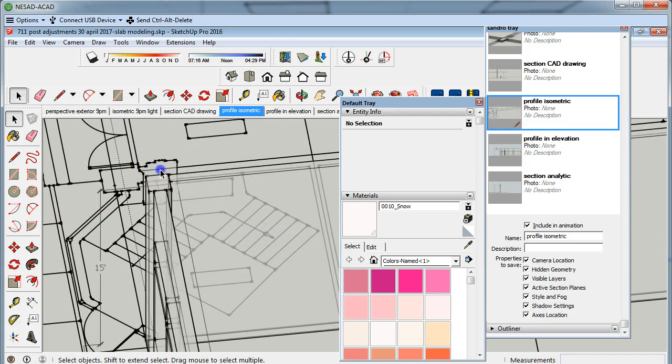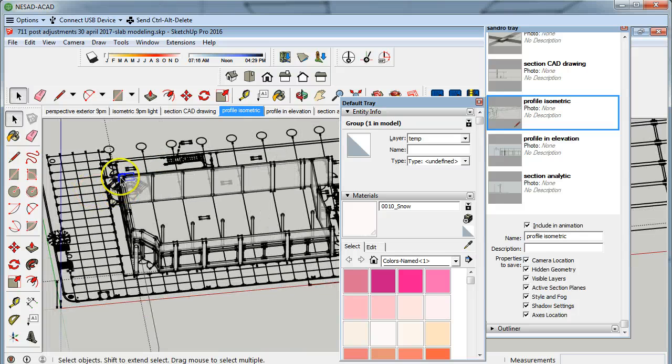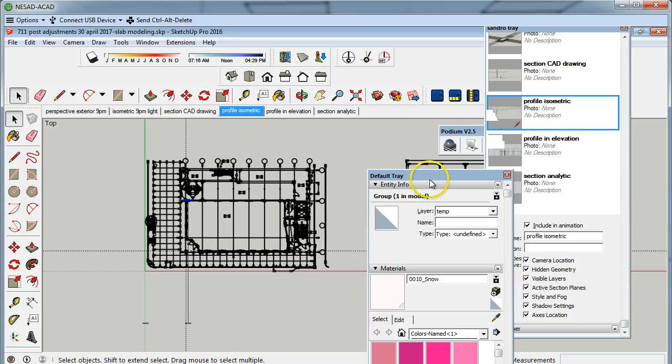But I've made it a group and correctly located it at the end of the building on this side at Boylston Street. And I want to extrude it using the Follow Me tool in the shape of an L in this direction, down Boylston, and then across Exeter in that direction. So in order to draw that path, how can I do it? One way that's fairly simple is to look at the CAD drawing in plan. Let's look at the top view and turn off layers